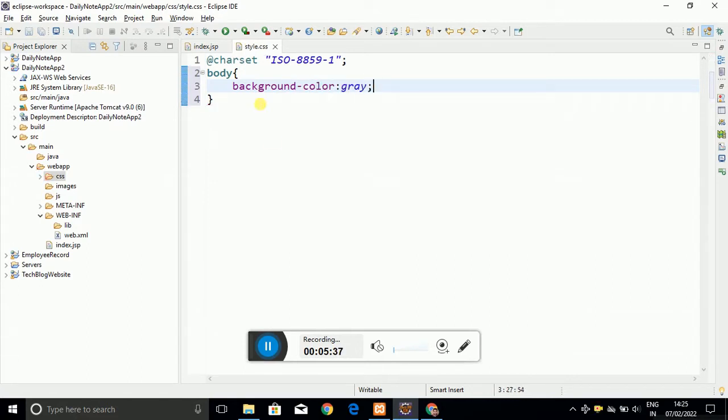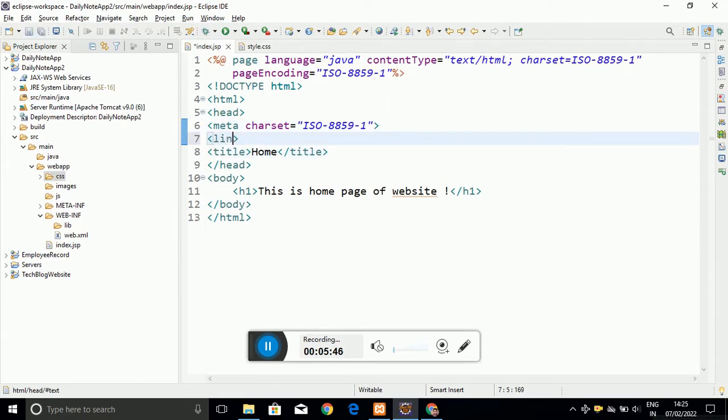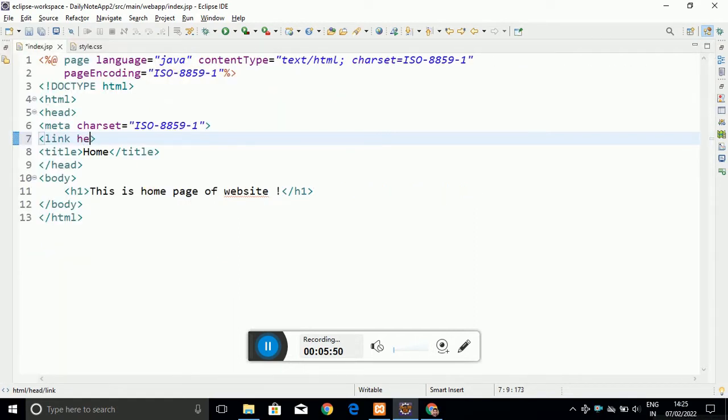To the body tag, I am going to add a background color of gray. And into the index.jsp page I have to link that CSS file. So how to link this, which is by making use of the link tag. Here you can see the link tag, into the href attribute you have to specify the path of that file, that is, that file is stored in the css folder, css slash style.css, the folder slash the file name, and the relation is stylesheet, as you can see. And we have successfully linked the CSS file to our application.